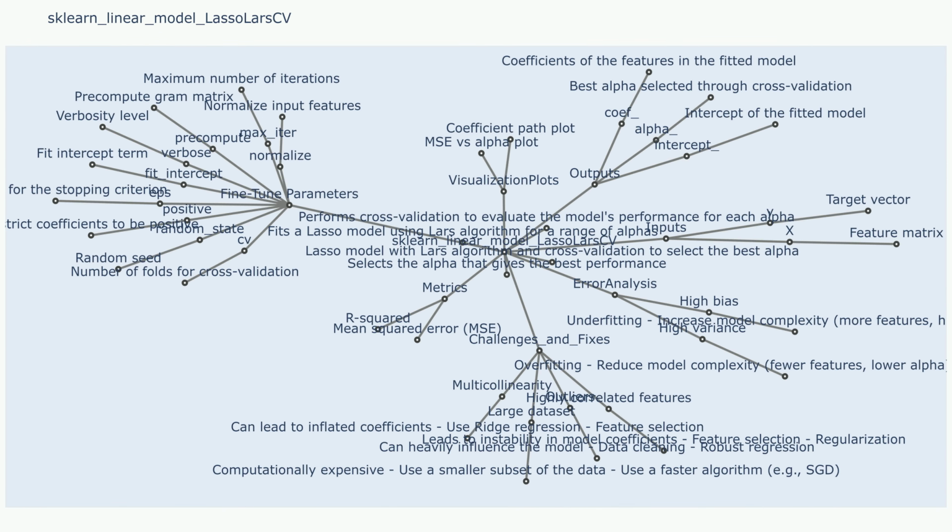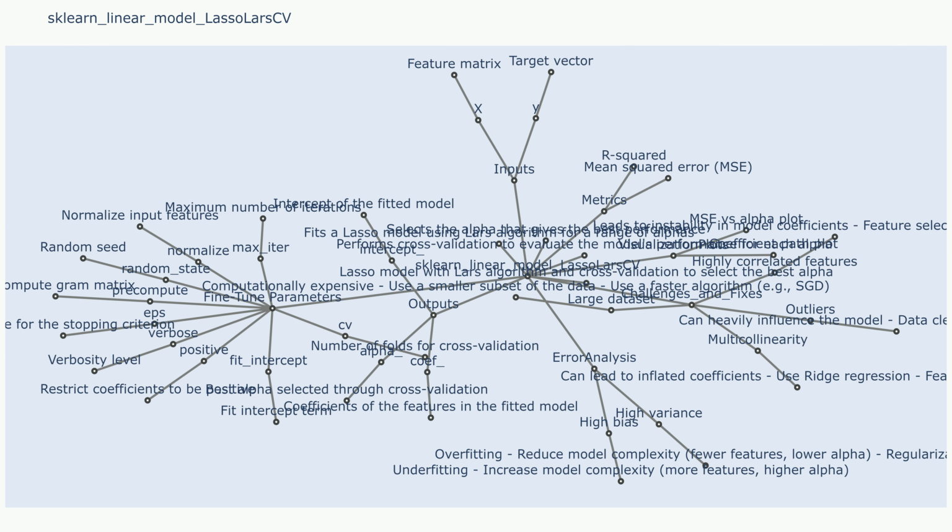sklearn.linear_model.LassoLarsCV. Description. LassoLarsCV implements the Lasso model with least angle regression, LARS, and cross-validation to find the optimal alpha. It explores a range of alpha values using cross-validation, selecting the alpha that minimizes a chosen metric, typically the mean